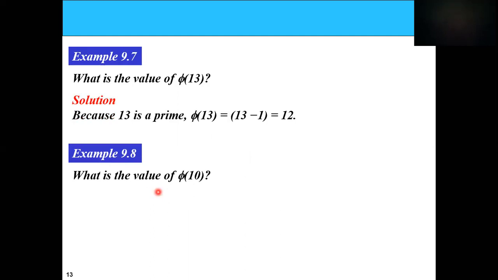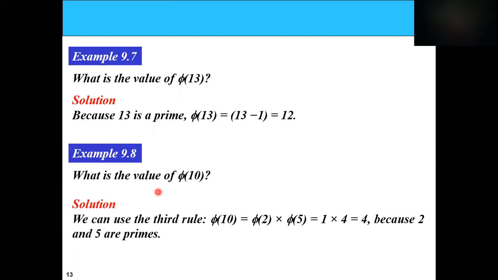And what is the value of phi of 10? Say 10 is not a prime, and 10 can be written as a product of primes, 2 into 5. In that case, the student will use the third case of Euler's phi function, which is available on slide 11. So if you can see, 2 and 5 are relatively prime. In that case, phi of 2, since 2 is prime, we have used